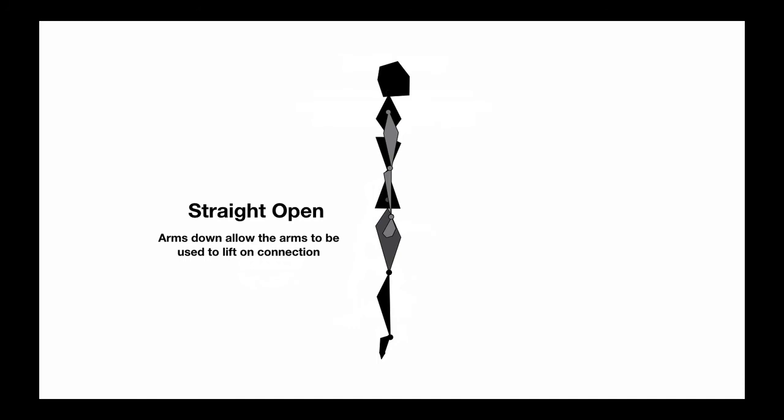So straight open, the arms down allow the arms to be used to lift on connections. Depending on what you're doing, it's important to get the arms in a prepped position. So if you're doing some sort of shape and you're finishing in, or you need to connect, you need to find a straight position with your arms down so you can throw them back up to get into your position, or finish with your arms up so you can throw them down to get into your position. So just understand where the arms are in relationship to the body, and then how you're going to be connecting